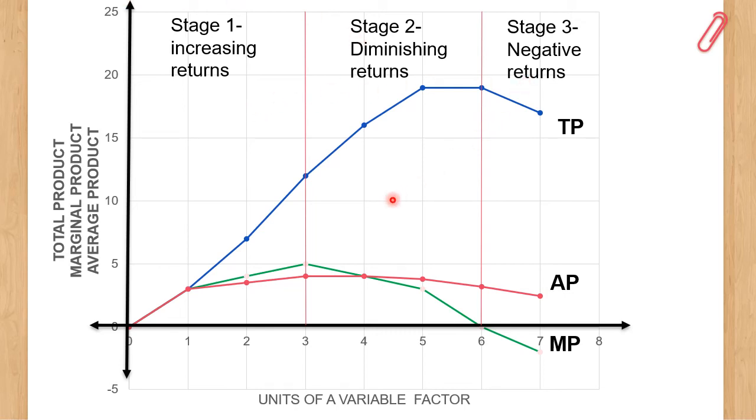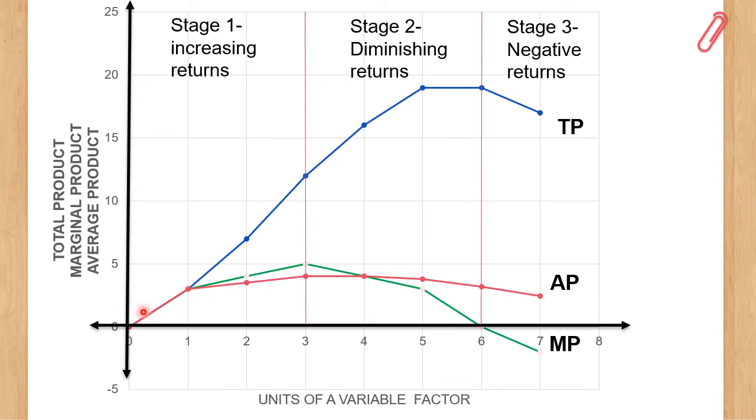We see here happening in this law, there are 3 stages that production goes through in the short run. The first stage is called the stage of increasing returns. In the second stage, it's called diminishing returns. And the third stage is the stage of negative returns. When we plot the points of the diagram, that is the units of the variable factor versus the total product or the total output, we plot these points which we see here. And when these points are joined, what we derive is the total product curve or the TP curve.